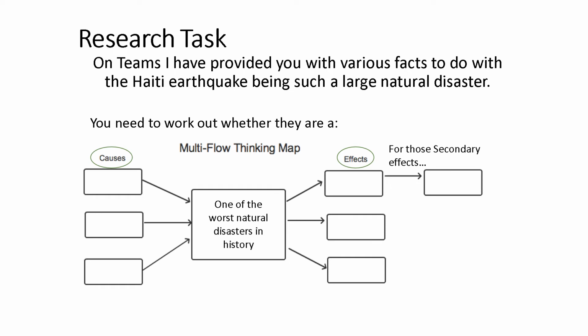We are going to talk about secondary effects later on. If you want to start separating them now, you can. But for example, a primary effect would be that people were killed by falling rubble. A secondary effect of that earthquake is because lots of people ended up in refugee camps, the disease cholera spread very, very quickly, and actually they reckon about 100,000 people died from cholera. So that becomes a secondary effect.